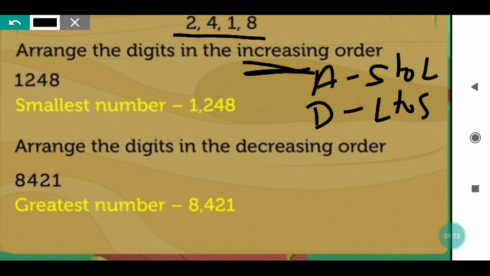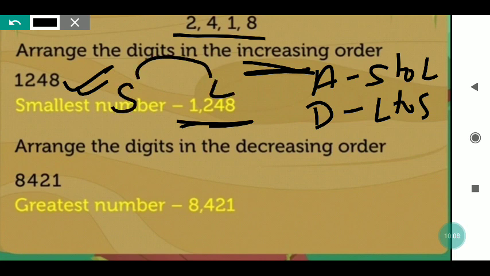Means the first number which comes will be the smallest. After that the number will be greater than the first number. Then after that the number will be greater than that number. Like this it goes on. The number given is 2418, as you are seeing. So when we write the number in increasing order, we write the smallest number first. Which is the smallest number? 1. We have to compare between all the numbers. So which is the smallest number? 1 is the smallest. After that 2, then 4, then 8. So like this we have arranged the numbers in increasing order, from the smallest to the largest.